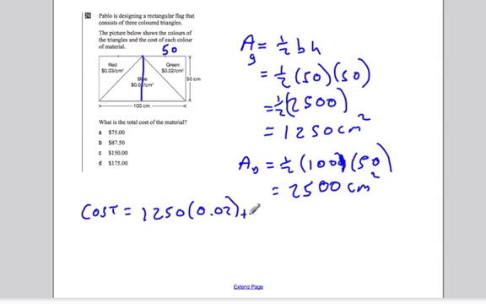So that's the area of the green, plus the area of the red, which will be 1,250 times the cost per square centimeter, which is 0.03, plus 2,500 times, and this was 0.01. Okay. And so when we do this calculation,